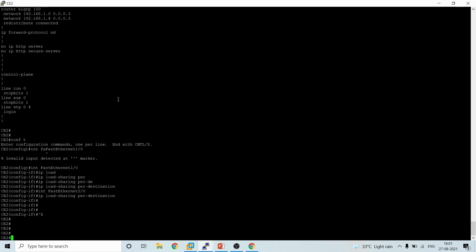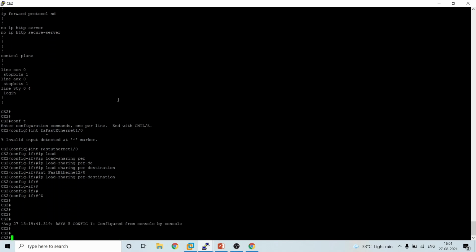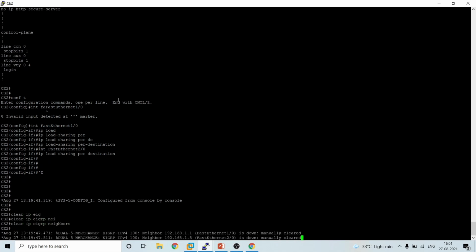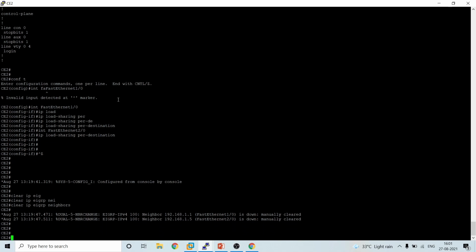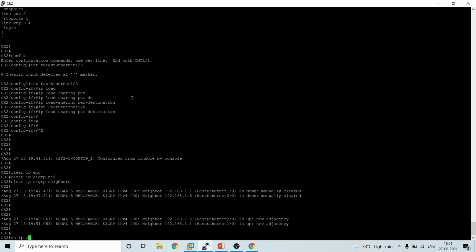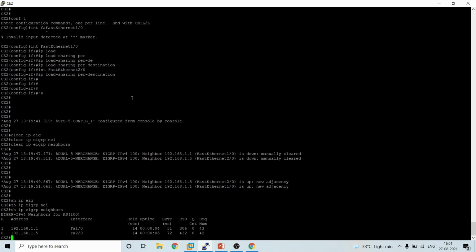Now we'll clear the EIGRP once. Clear IP EIGRP neighbors is the command. So we are clearing the EIGRP. We'll check if the EIGRP is up. Show IP EIGRP neighbors.